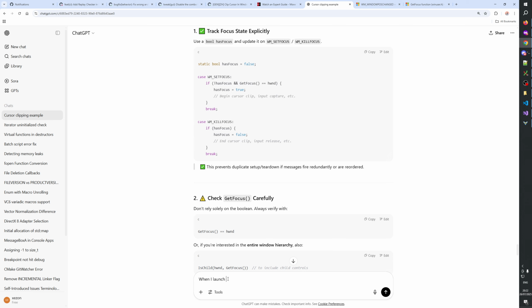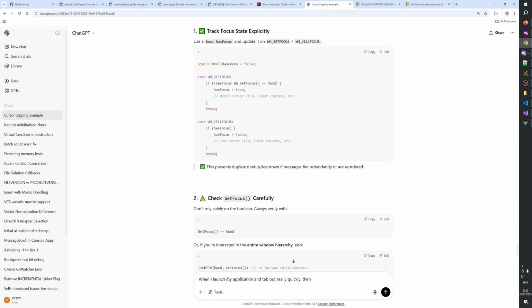When I launch my application and tap out really quickly, we do get the lose focus event, but we don't handle it because we get it before the mouse is created.